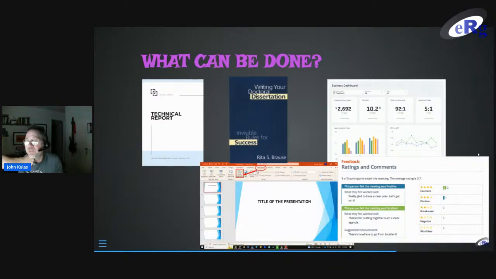Feedback reports. Feedback reports and technical reports I consider to be two different creatures. A technical report is almost like a scientific article. It documents steps that you took. A feedback report is something that's going to be reviewed and evaluated by someone without technical experience, knowledge and skill. So some end user that doesn't know anything about the process you used to create this report is going to be looking at the report, reviewing the report, maybe using the report.